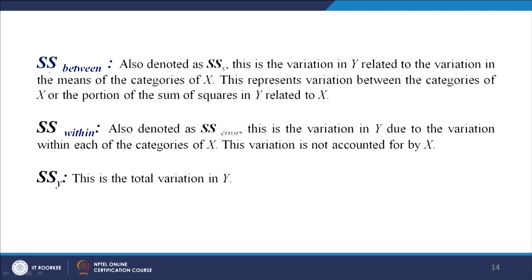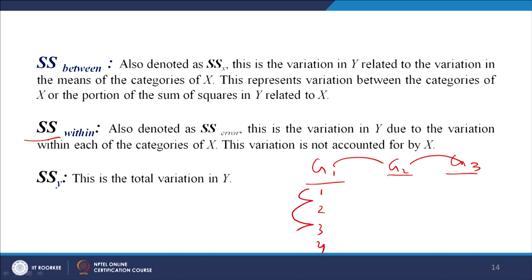Another term is sum of squares between. Now, there are two things when we talk about the ANOVA. Let us say there is group 1, group 2, group 3. The difference in the sum of squares among the values in the corresponding groups is called my sum of squares between the groups. Now, what is the sum of squares within? It is the variation within the groups. The difference in the sum of squares within the variables inside the group is called my sum of squares within, and is denoted as sum of squares error also.